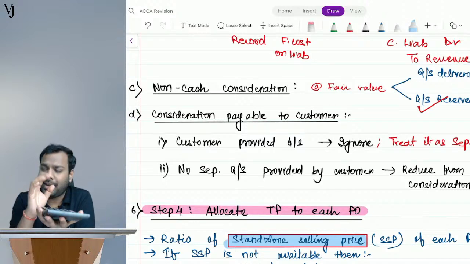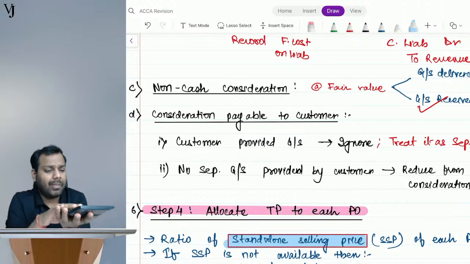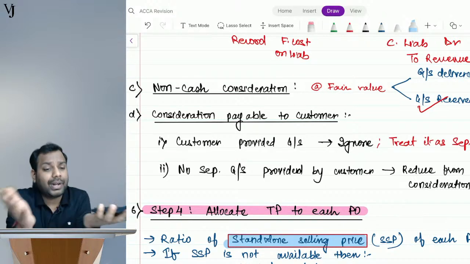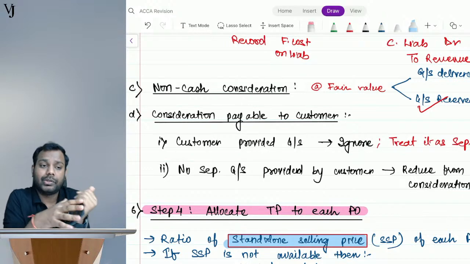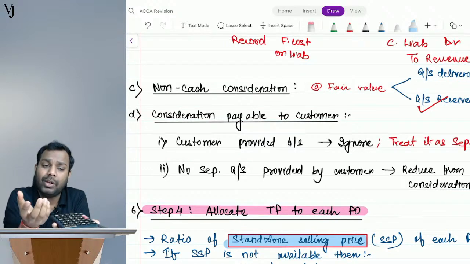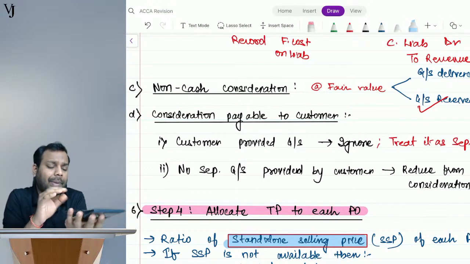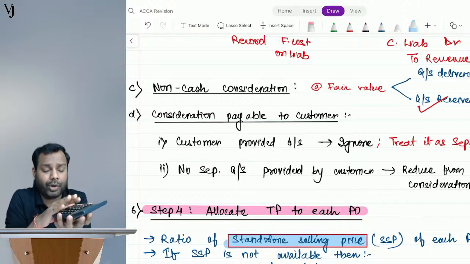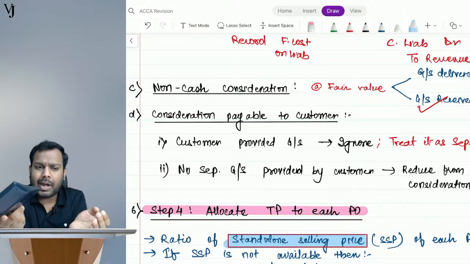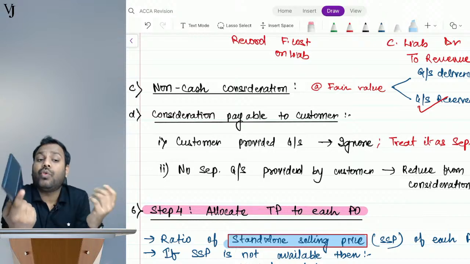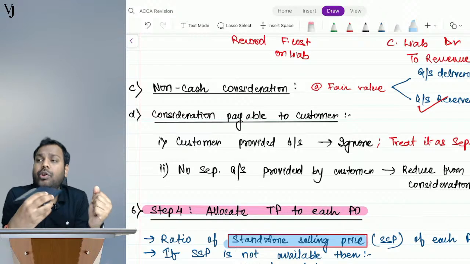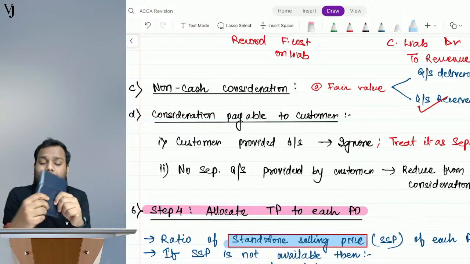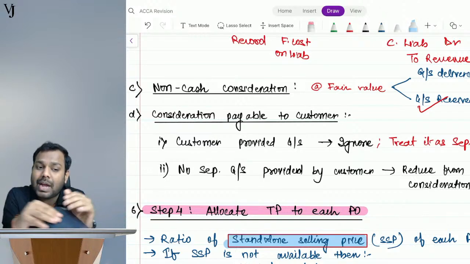Tell me, Vishakha, don't you think the same calculator can be sold to different customers at different prices? Right? So what is the revenue? Let's suppose generally I sell this calculator for 400. To a customer I sold it for 500, so what is my revenue? 500. To a customer I sold it for 250, my revenue is 250. To a customer I sold it for 300, my revenue is 300. So I have to see it separately.